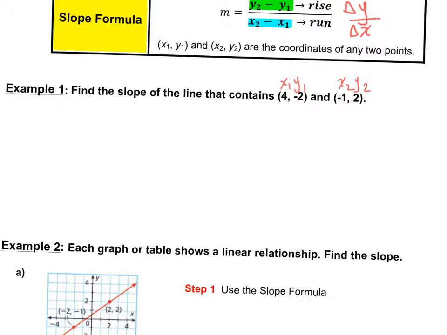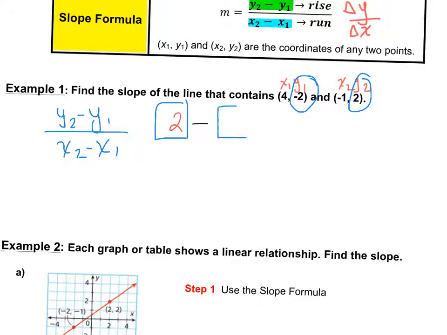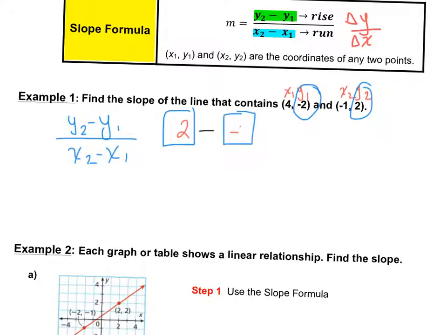And so the difference of y's over difference of x's, if we plugged it into the equation, if our equation is y2 minus y1 over x2 minus x1, we're going to plug in y2, so that's 2, minus y1, which is negative 2. Be very careful with your parentheses. It is y2 minus y1. So when you subtract negative 2, because that is the value of y1, negative 2,